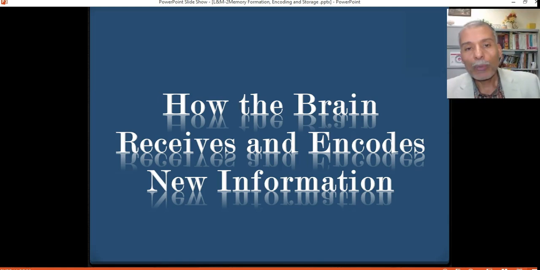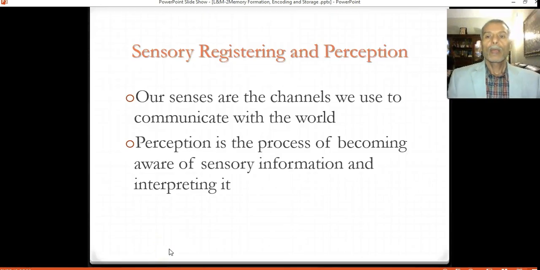So now we're going to speak about how the brain receives and how it encodes new information. So let's look at the first stage of learning, which is sensory registering and perception. So as I explained,